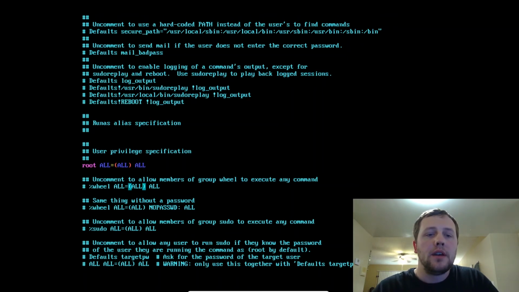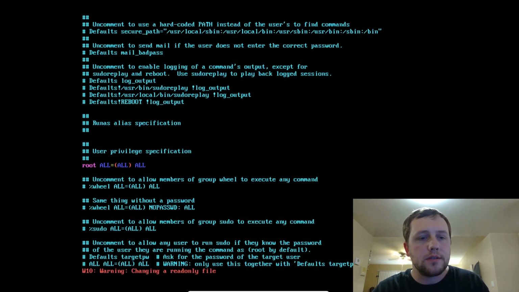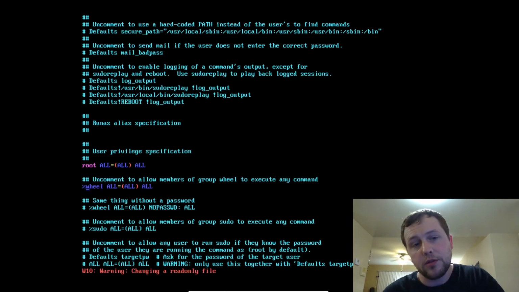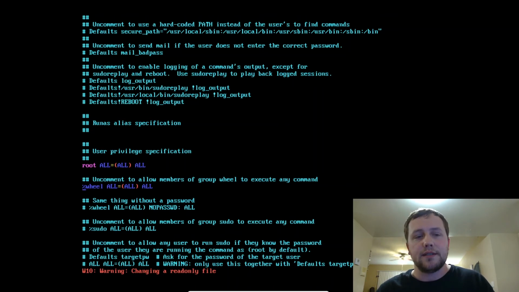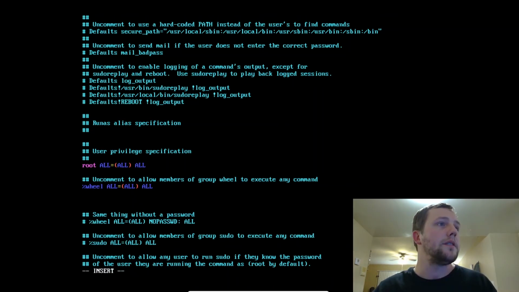And then wheel, we can uncomment wheel ALL. So that way, in case anybody is a member of the wheel group, they also have root privileges with the sudo command. So you're going to remove that hashtag right in front of it, and then underneath that, we're going to do a little thing called Defaults